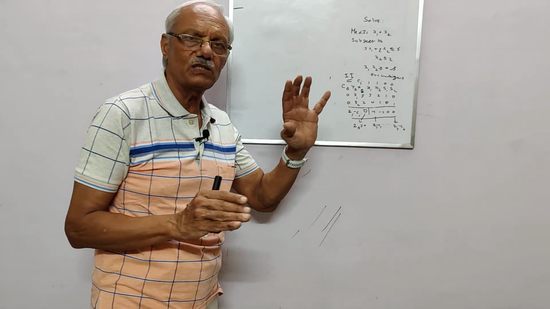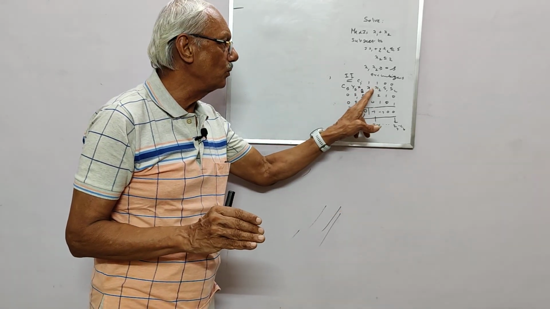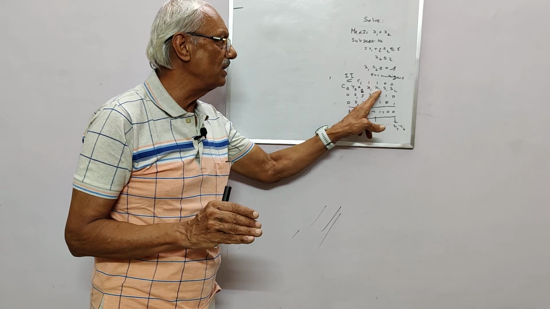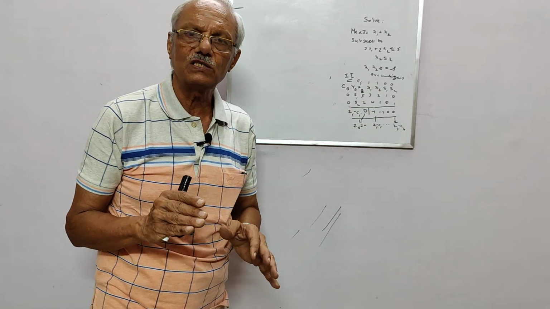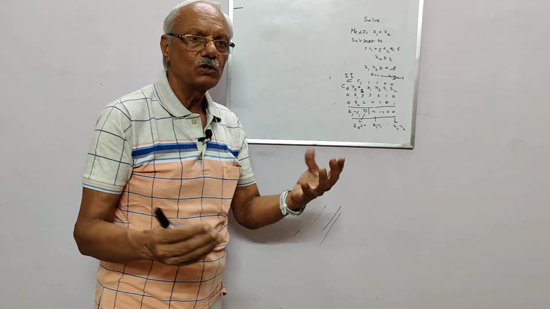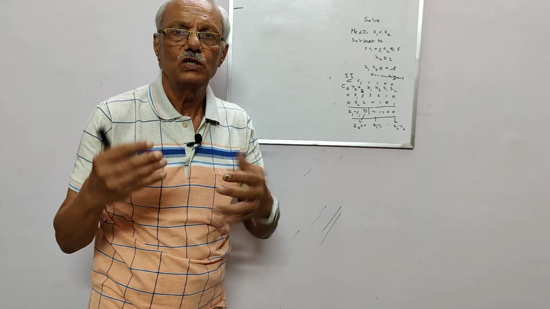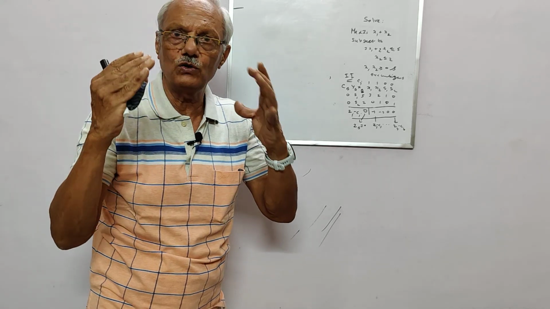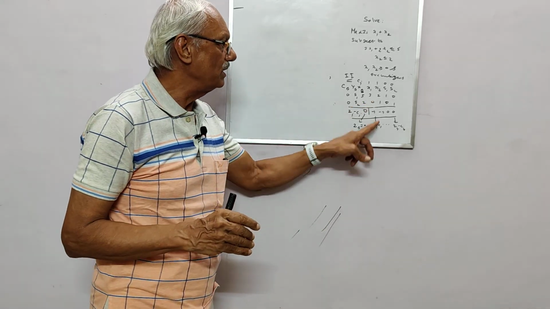So you see that S1 and S2 I don't want. I am more bothered about getting the non-basic variables X1 and X2, which are the solutions. So I must try and bring in the YB column so that I will be getting my solution. So this is what you must have in your brain. Okay, now coming to this,